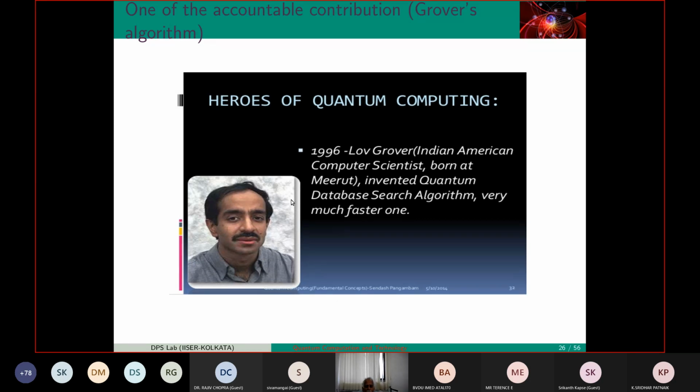Who pumped money? Make a guess. Central Intelligence Agency, CIA in USA, and Swiss Bank in Europe. Why? Now you make your own choice. CIA, of course, needs it because they have to keep messages secret. Swiss Bank, why do they need it? You can see the newspaper yesterday, lot of new Swiss bank accounts have been opened and everything is secret.